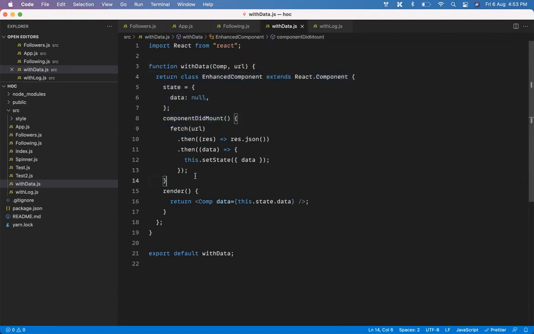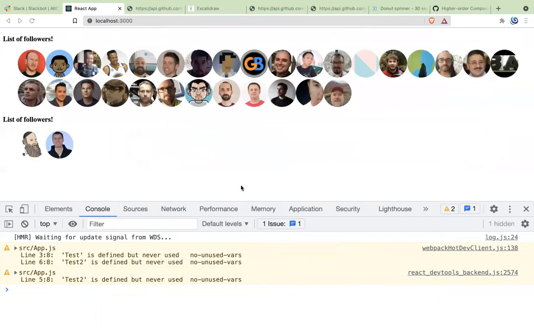So you can think of it to be something like this. In future, I can create a function called with superpower, and whichever component needs superpower access, all I have to do is just pass it into a function and that will give me an enhanced component. You pass it a component, it gives you an enhanced component. That is what is happening.